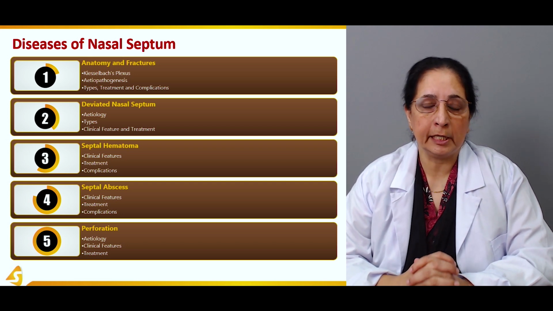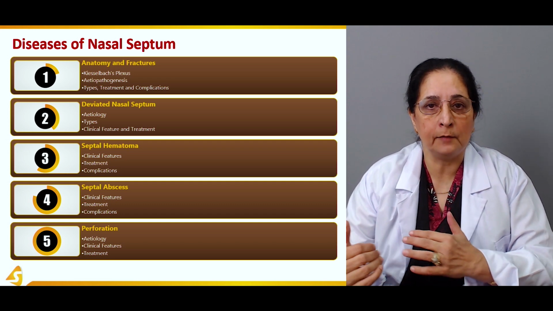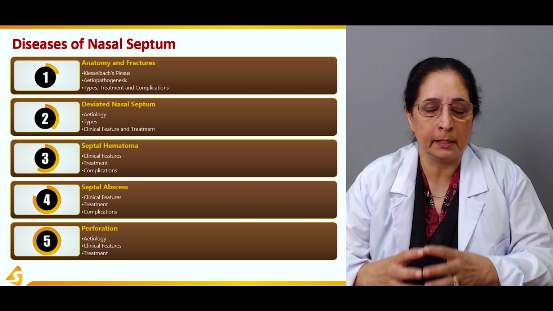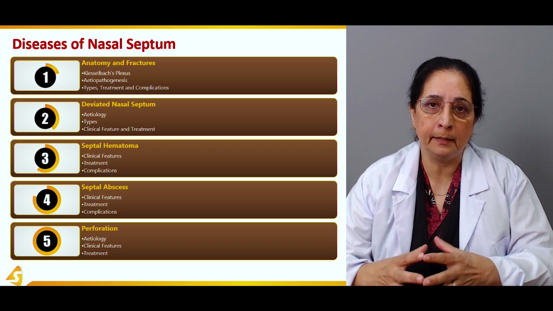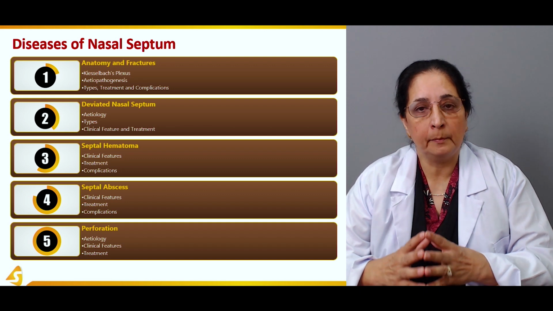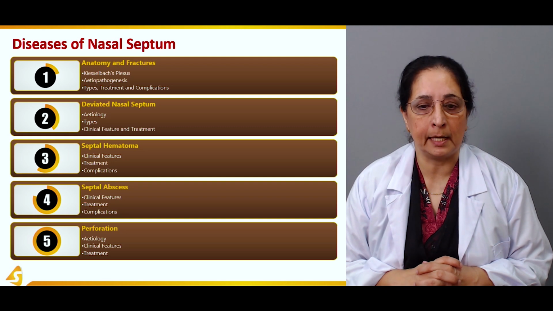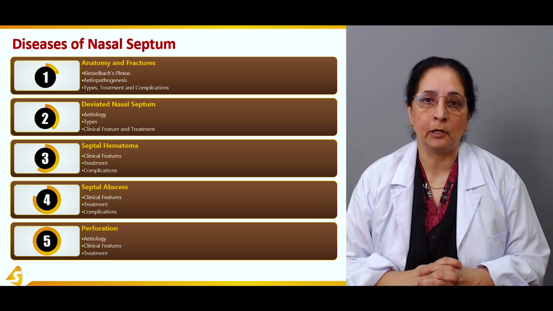Then in the fourth section, we will talk about the septal abscess. So one was the hematoma, in which there is collection of blood. Then in the abscess, there is collection of the pus in the septal region. We will talk about what are the clinical features of septal abscess and what are the treatment options and complications